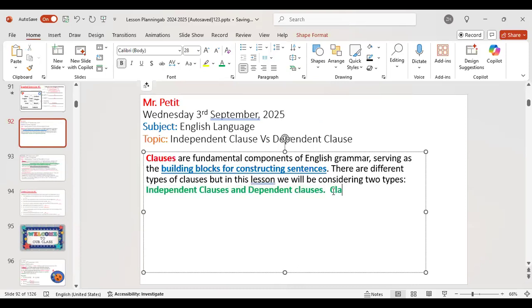So clauses are groups of words. Like we said, it's a group of words, kind of like tissues, right? We know that a cell is a basic fundamental unit of our life, but tissue is a group of cells, right? So clauses are like tissues. Sorry, clauses are a group of words, the same way tissues are a group of cells. So it's a group of your fundamental units. So clauses are groups of words